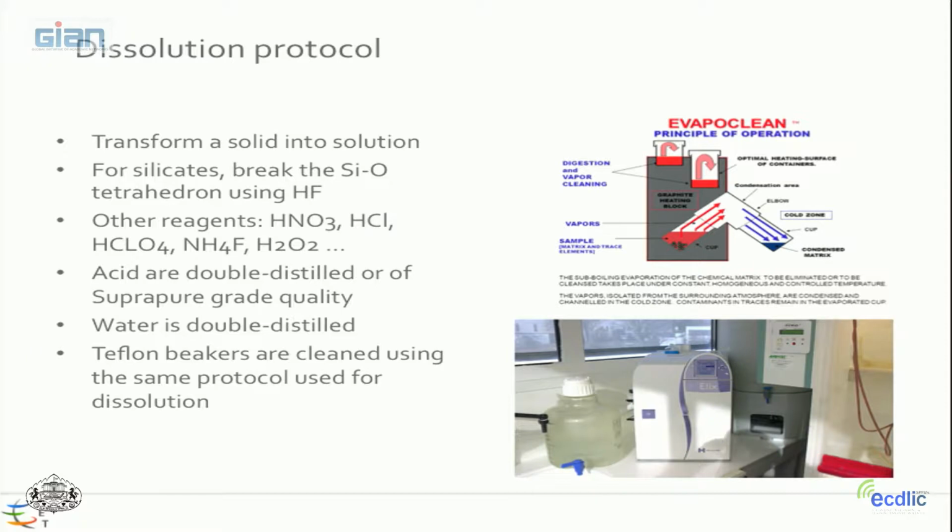Of course, you need to have a very clean reagent because if your acid is more dirty, it has more, for example, neodymium than the neodymium you have in your peridotite, then you are going to measure the isotopic composition of your acid. So either you are rich and you can buy very expensive acid for